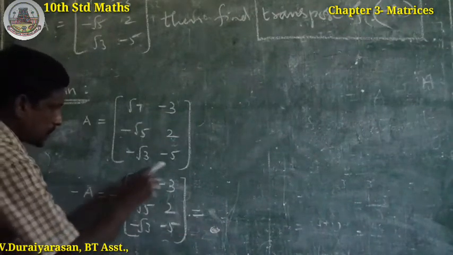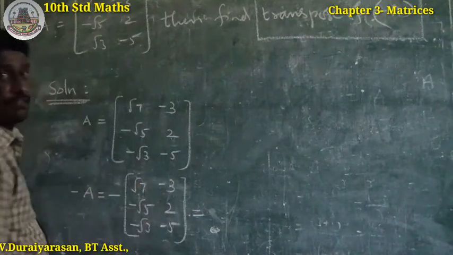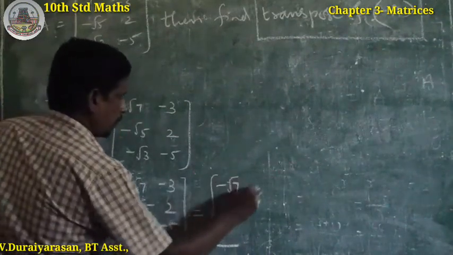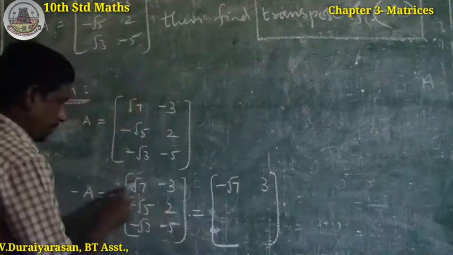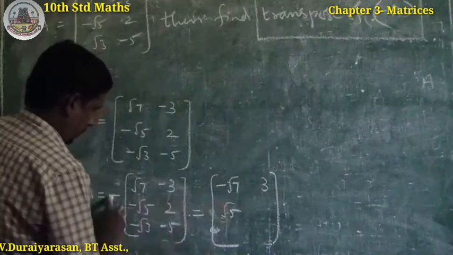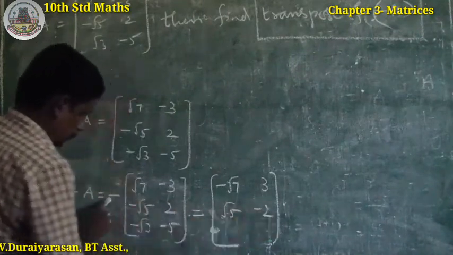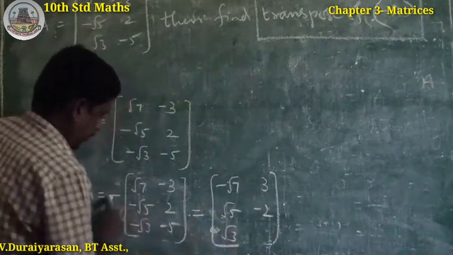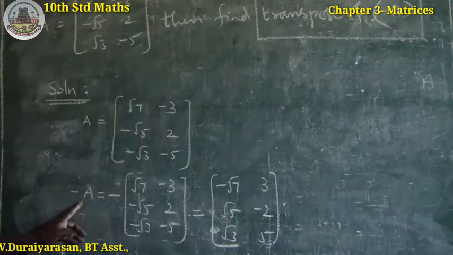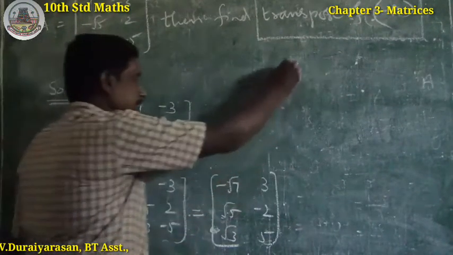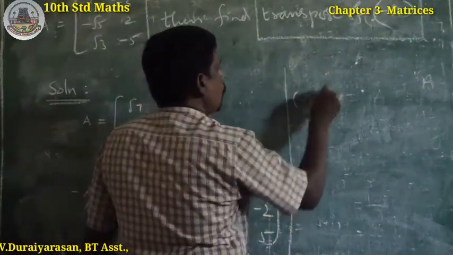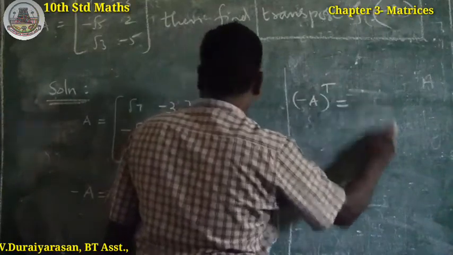Multiply by minus all the elements of the given matrix. Multiply minus root 7 plus 3, minus into minus plus, minus into minus plus, so root 5. Multiply minus 2. Multiply plus root 3. Multiply plus 5. So, first to find minus A. Then transpose of minus A. Minus A whole transpose is equal to